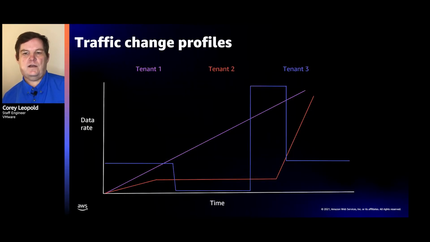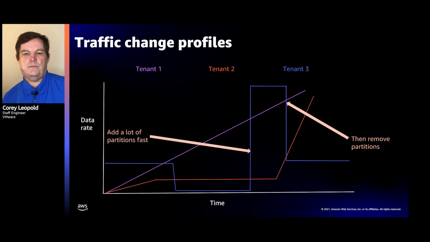In addition to the sizing challenges we just saw, we also have a few different rapid traffic profile changes we see in the tenant data. Some tenants do a nice smooth deploy where they add a few endpoints each day and their endpoints send consistent data. Others do a slow ramp up as a proof of concept and then sit at a certain scale for a while and then suddenly do a mass deployment.